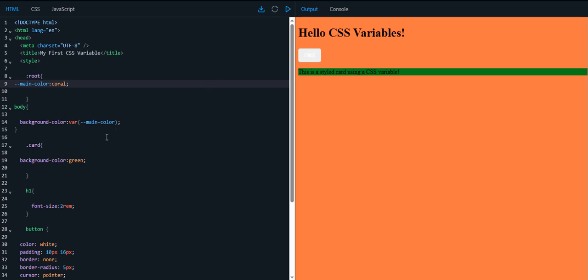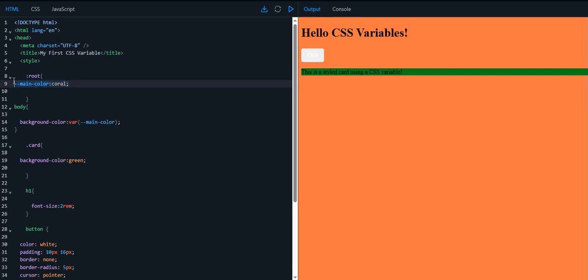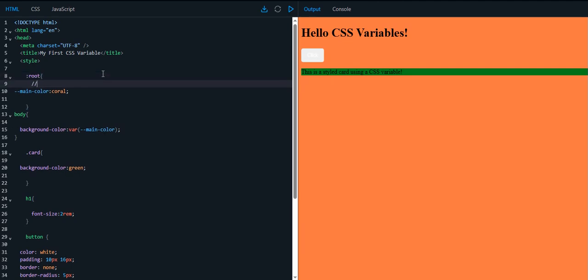Okay, this is the first variable that you use. Firstly, you define the variable in root, and in the selector you just set the variable. Okay,